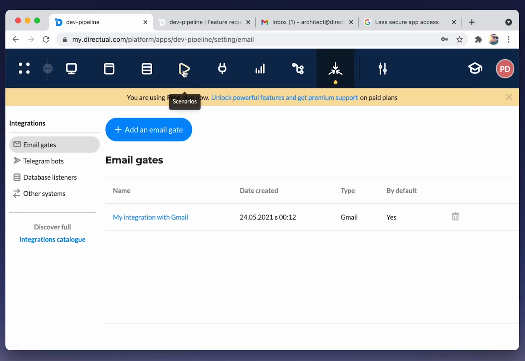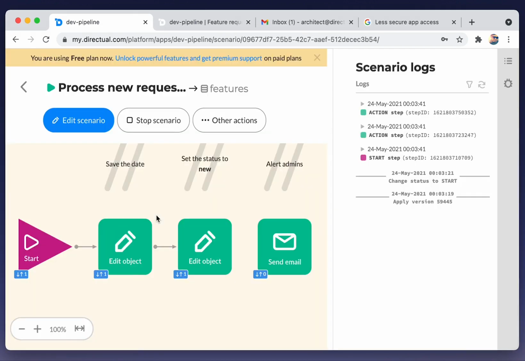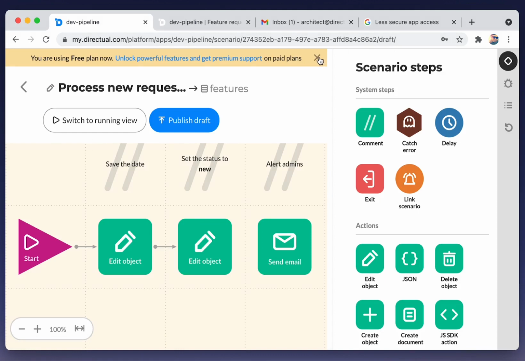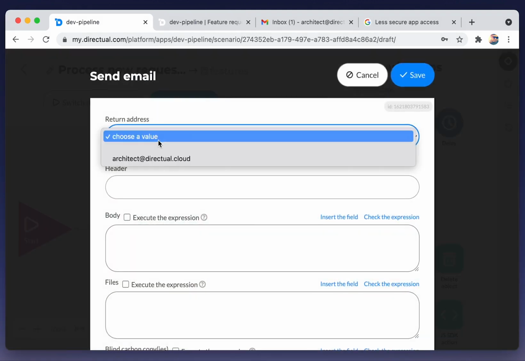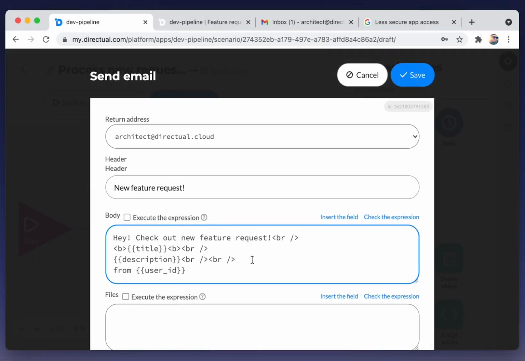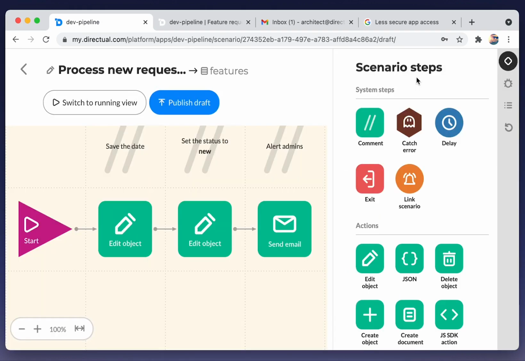Superb. Go to this scenario. Click Edit Scenario. Edit in the draft. Okay, connecting the steps, choosing the address, filling the header, the body, and enter in the email address, let it be constant, save, publish,